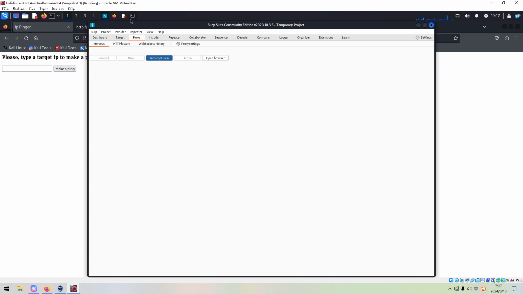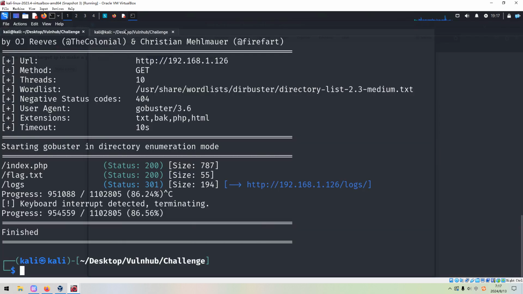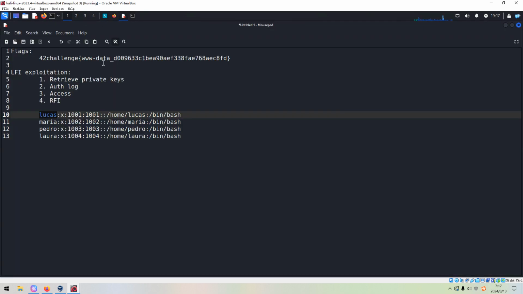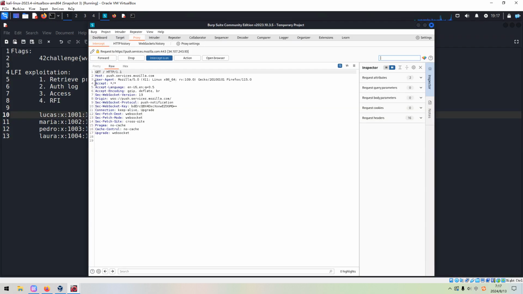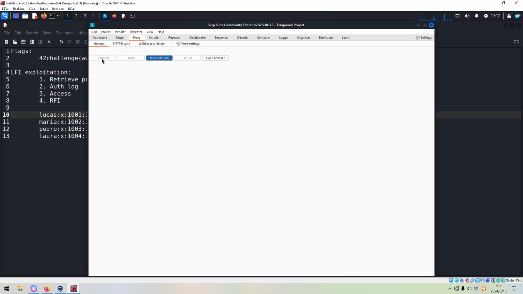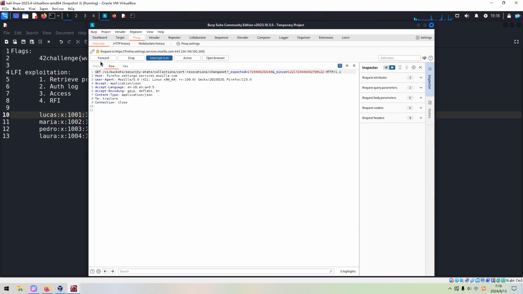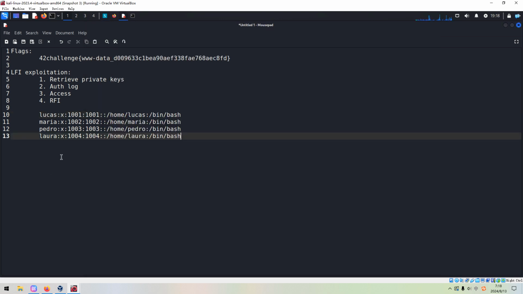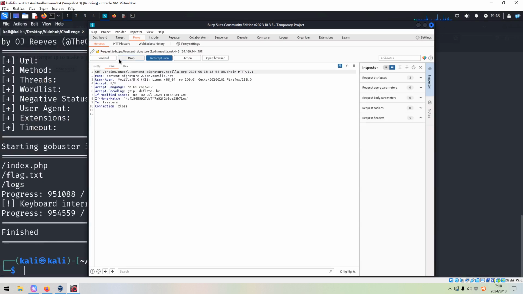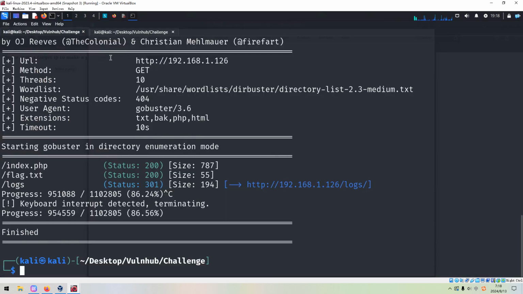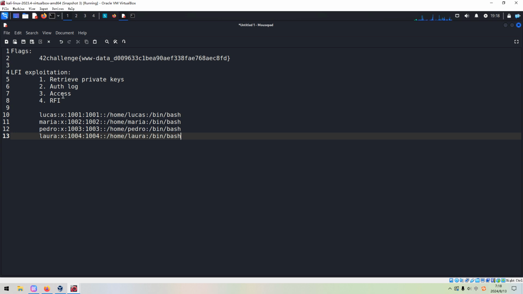And you can do the same thing for other usernames, other users. And finally, you can know that we cannot get any private key. To save time, I will not repeat such steps. So I think we have already done the first step.